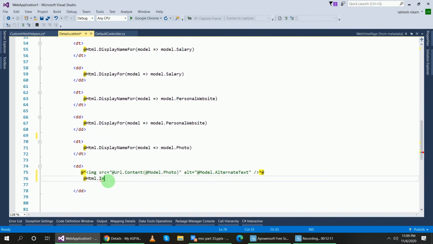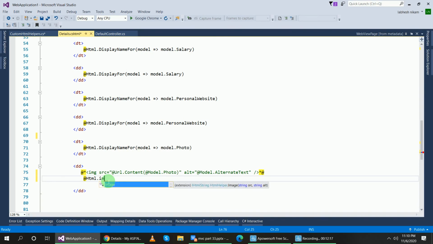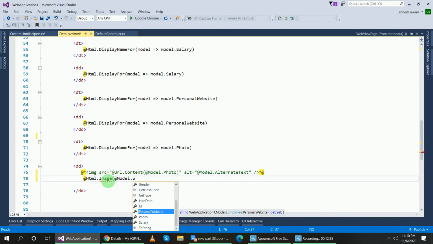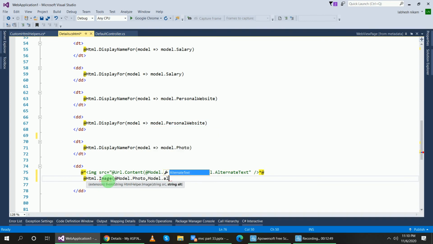So write it down here. Now you can see this image custom HTML helper class, and inside of this I will use Model.Photo and another one is Model.AlterText, alter and text, right?